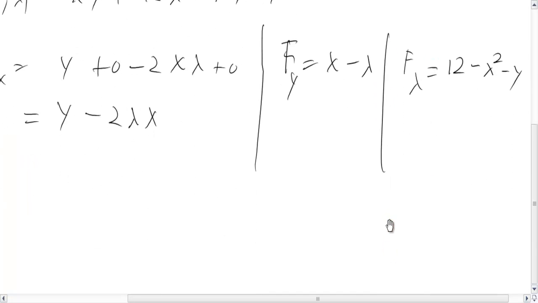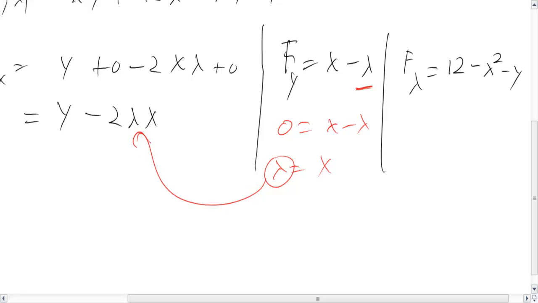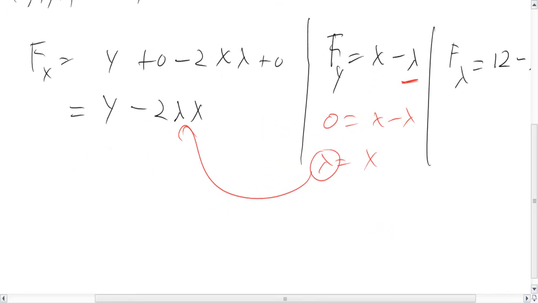So now we're solving a system of equations. It seems like here is where your question stops, so I will stop there as well. But I will give you my tip. I always recommend solving one of these equations for lambda, because it's the variable we don't care about at this point. It actually does have a lot of meaning, but in this class we're not going to worry about it. So we're going to set each of these partials equal to 0 and solve for lambda. So therefore we end up getting lambda equals x. Now use the substitution technique. Everywhere you have a lambda, sub it in, and now the solving becomes relatively painless, or not painless, but easier,